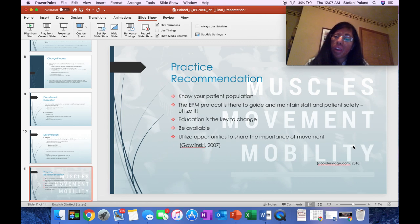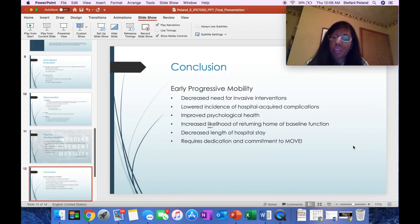The picture behind this says muscles, movement, and mobility. Every hour that our patients are down, they're losing muscle tone, so we need to move them so that they can mobilize. So in conclusion, early progressive mobility